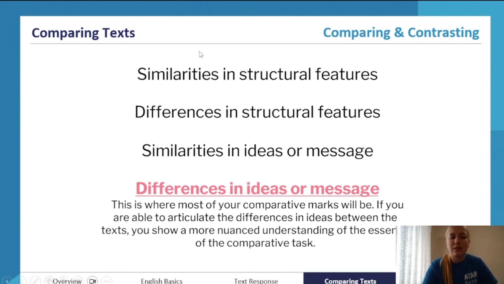and you don't just do the easy stuff like just analyze language, or just analyze how ideas and messages are similar, especially in your closing sentences at the end of each paragraph. When you make your views and values statements, try to make these based around differences rather than similarities. Look for a layer of complexity in what message authors are ultimately trying to convey rather than just looking for similarities.